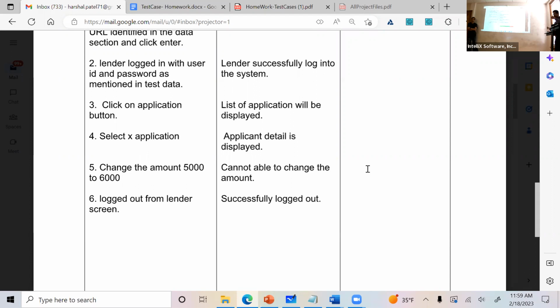Yes, because I did the positive test case where I said they can modify. Modify what? The application. But my steps... No, that's not positive, that's a negative test. Okay, from the context of requirements, right? So if I'm not able to modify anything, right,